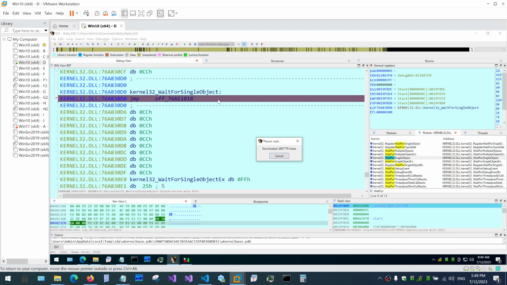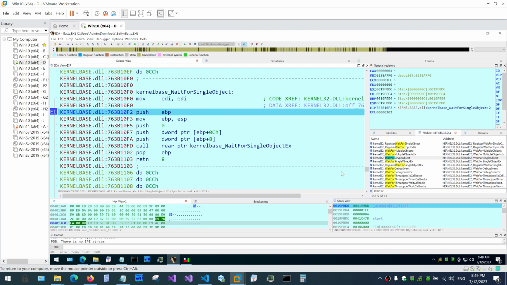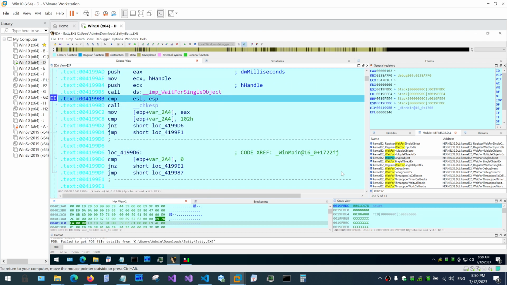Yeah, it has to download something, so in the beginning it will be pretty slow, especially when you're using it the first time. So I'm just waiting for this thing to finish its thing. I'm assuming it has to download some symbols so that we can actually see what's happening, but at this point, okay, yeah, so if you keep hitting F8, it will be stepping over the functions, and we keep going until